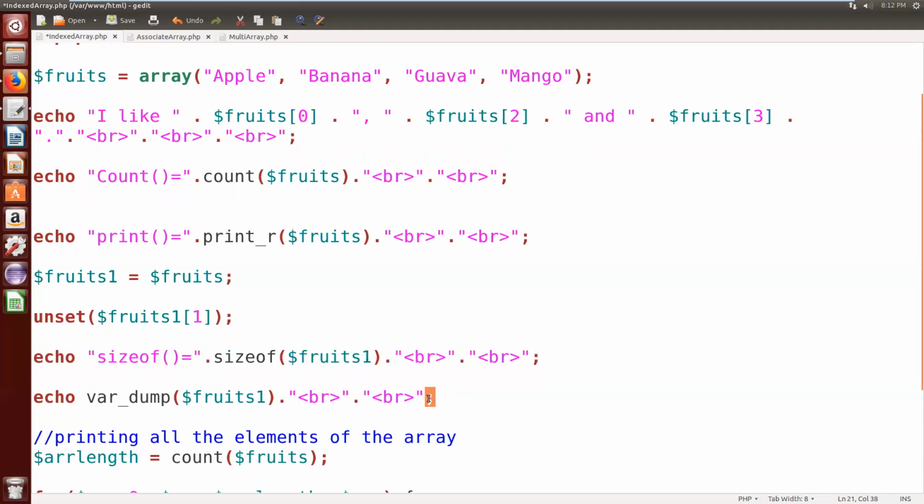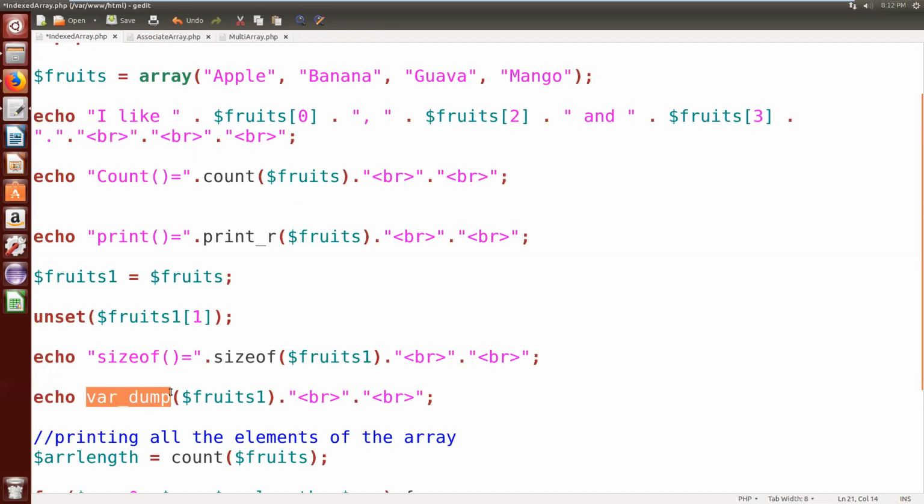Now see one more important function, that is the var_dump function. This var_dump function is also used for printing the contents of the array, but in a clear manner. That means it shows what the array's 0th element is, what the size of that element is, and what the type of that element is. Then the array's 1st element, its size, and its type.